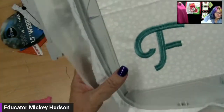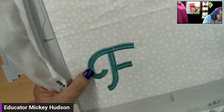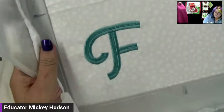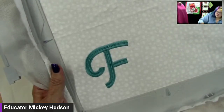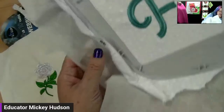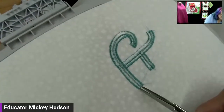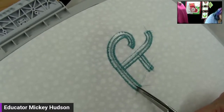And it's the same with the font. With this font, I did the same thing because it's just a long stitch with a secured stitch on it. So if I click this, put this over, and I just clip along the bobbin thread,